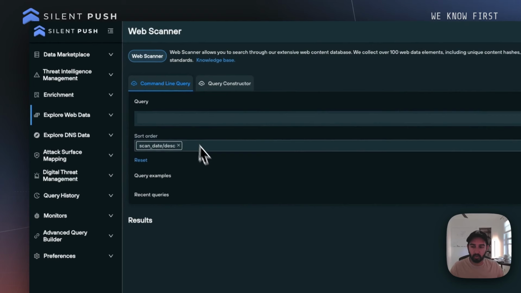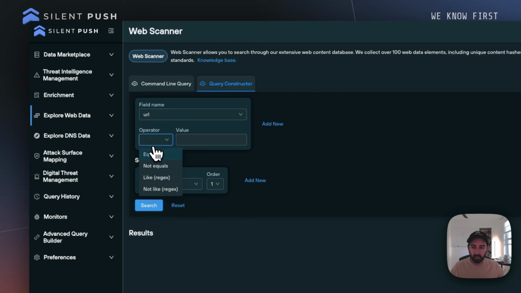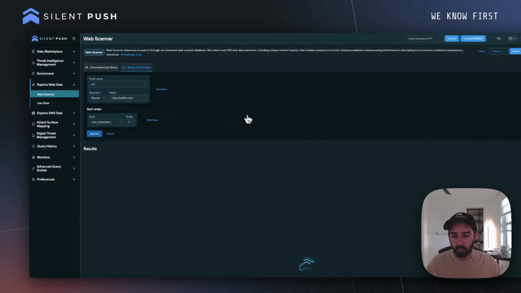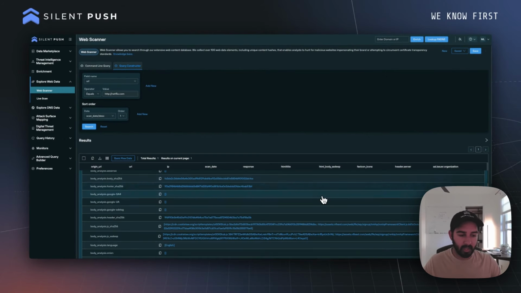So first, let's go over to that web scanner, and in the field name, let's look for the URL to equal to http://netflix.com. So what we'll get back here are all the times that we've scanned Netflix, and here we can see